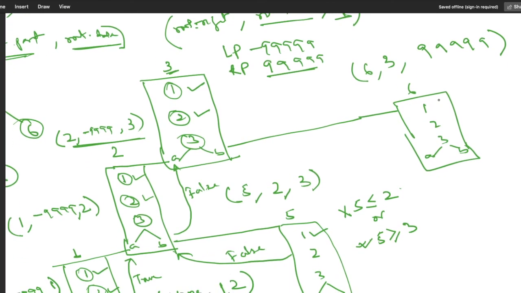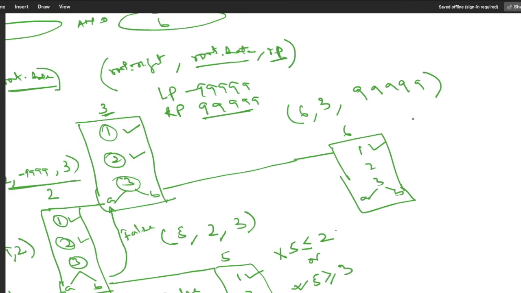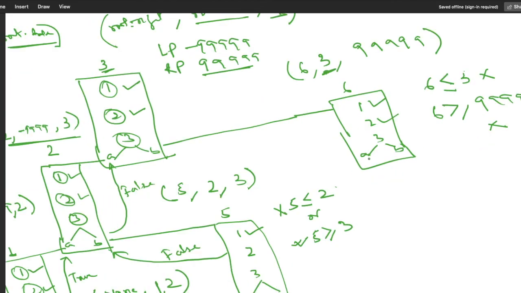Now the very first one is whether root is none or not. It is not none, so this one is passed. Now we are going to check whether the root value, which is 6, is less than or equal to the left part, which is 3. So this is false. Again we have to check whether this root is greater than or equal to the right part. Again this is false, so both are false. So we are okay with this one. Control will simply go to line number 3.